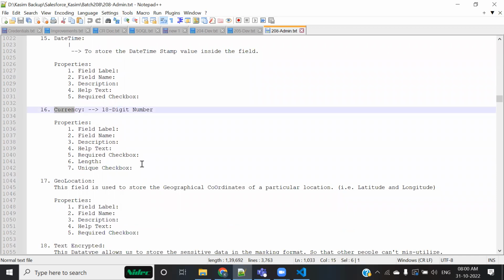See, for those kinds of organizations which are multi-territorial, where the users are from different zones, different countries, and they have different currency face values, that time currency is a very important field. This is one of the questions I'll tell you more about before going further. See, I usually ask this question